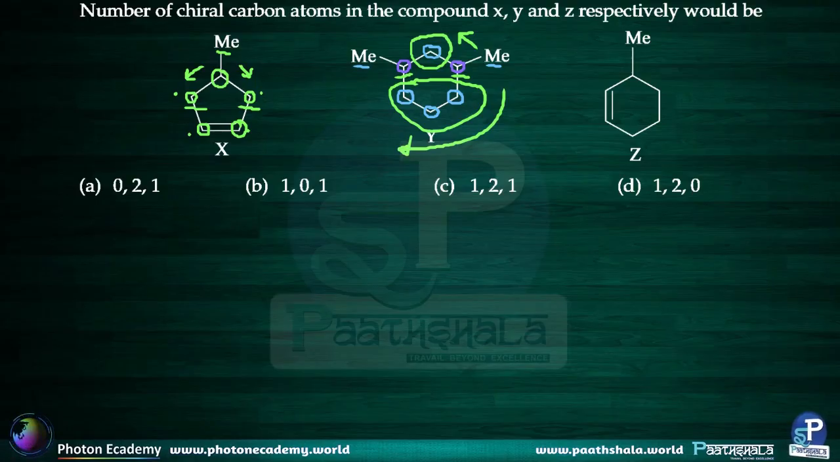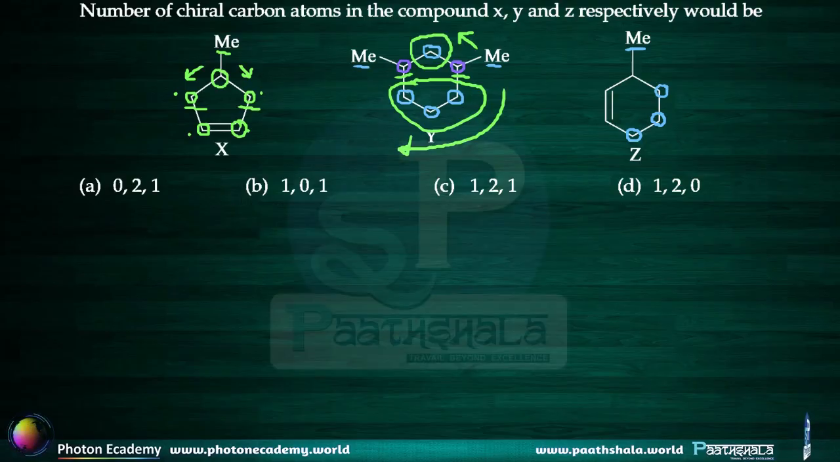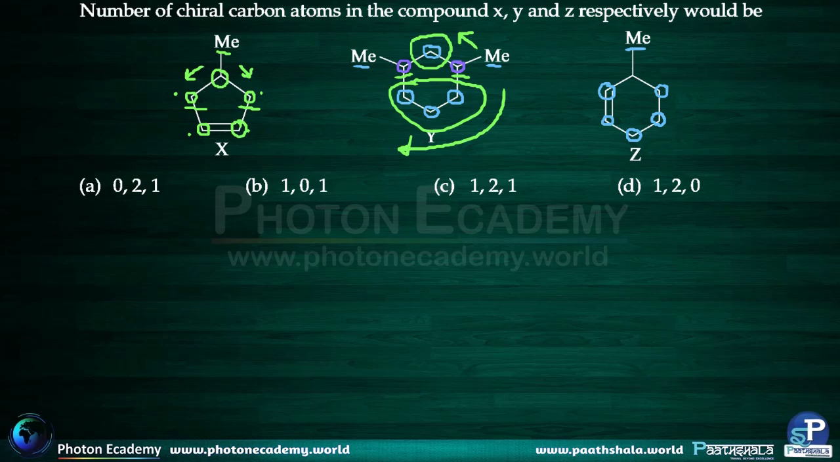Now, shifting our attention to compound Z, what I understand is that the carbon atom of the methyl group is definitely not going to be chiral in any case. These three atoms of carbon are also not going to be chiral as they have two hydrogen atoms bonded to each of the carbon atoms. These two carbon atoms are definitely not going to be chiral as they are sp2 hybridized, they are not sp3 hybridized. But what we observe is that the remaining atom of carbon